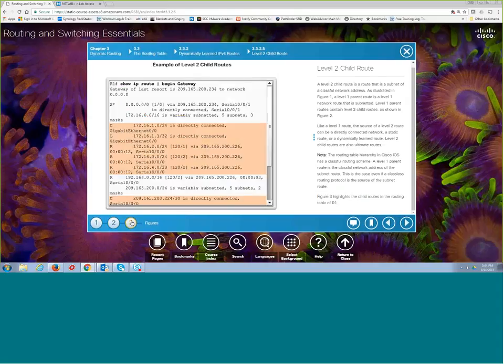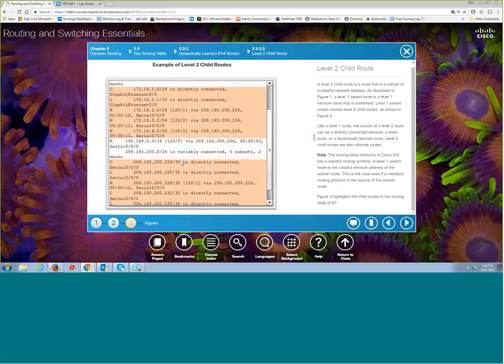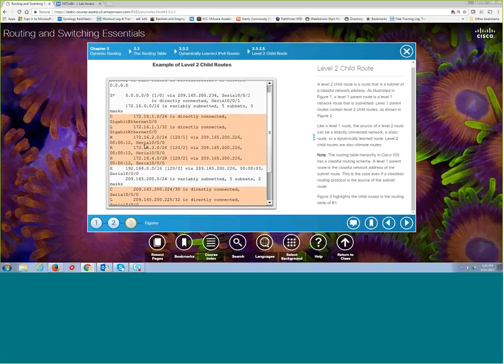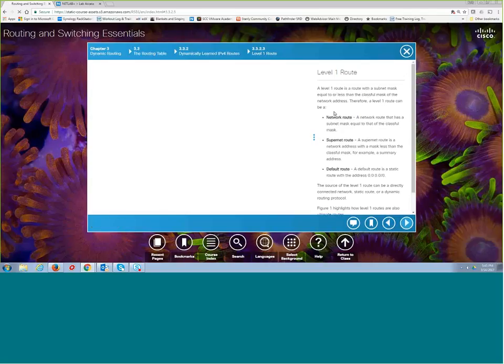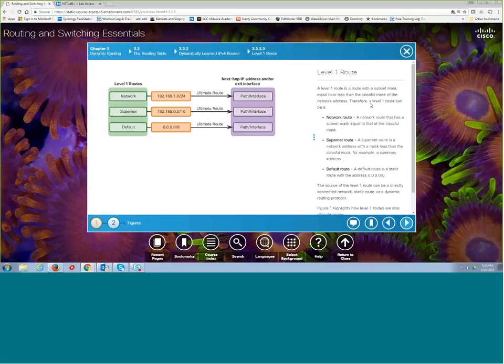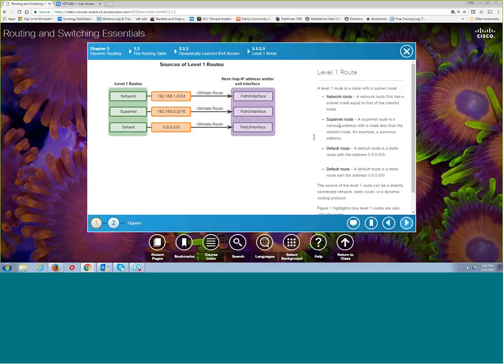So really the hierarchy here, as you can see, here is another parent route, 172.16.0.0/16 subnetted. Here are all the child routes, and all these level 2 child routes you can see are ultimate routes because they do have an outgoing interface or next hop IP address. So we have ultimate routes. We have level 1 routes that are either equal to or less than the classful mask, and they typically are ultimate routes. And then,